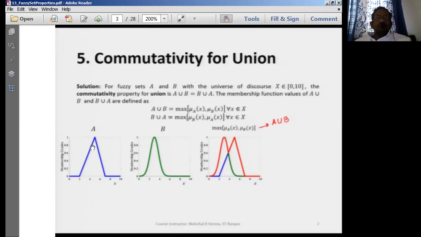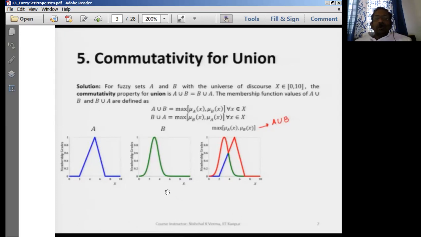So therefore, you're going to have this. Then also, it has still not yet reached the maximum. So up to the intersection point of these two, B is greater. After this, what will happen now? B is becoming smaller, and see here A is increasing. After this intersection point, A is increasing and B is decreasing. Therefore, among these two, A is maximum. So A will be coming as the function.